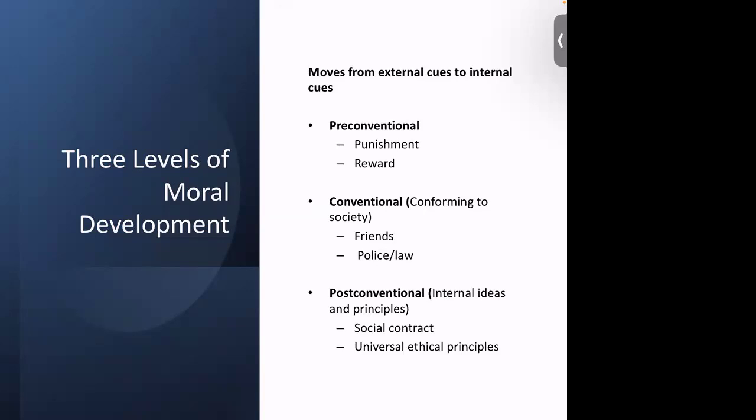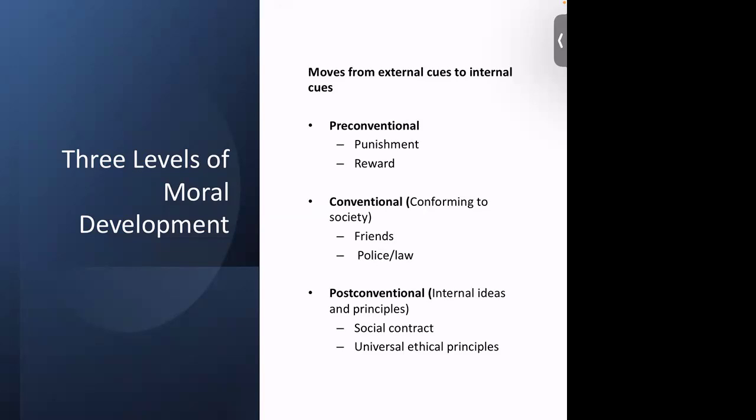Finally, they move on to conventional, where they want to conform to society. That's the conformist convention. And the person who has this stage, they want to try to be popular. They want to have friends, right? I help my friend because good friends help each other. You might hear someone say that. He does things. He wants to create a posse. He wants to have a following. He wants to create friends. And then they advance to the second half of the stage, which is a person driving their car. I'm not going to speed because the laws are made to keep people safe, right? What they're doing, they're making their moral decisions based on the laws.